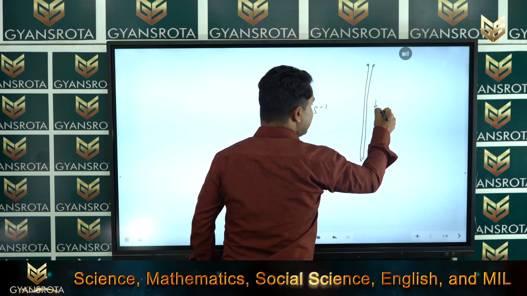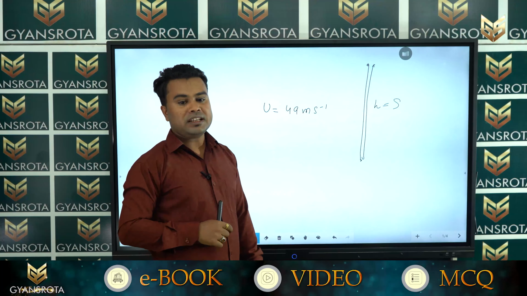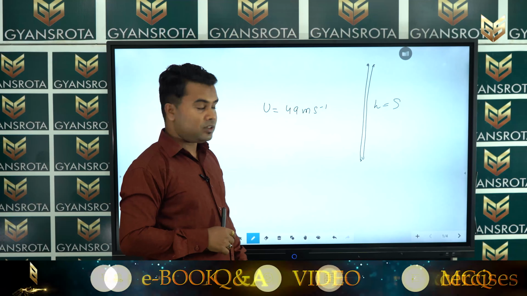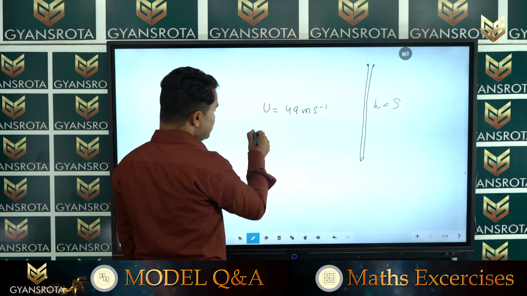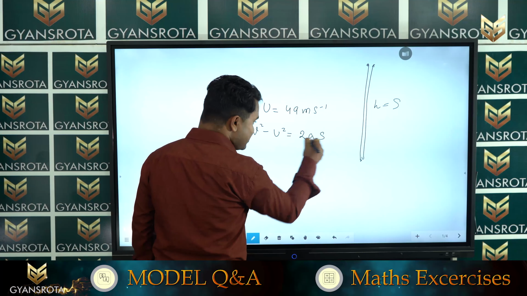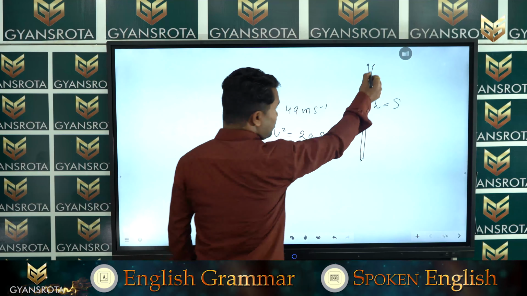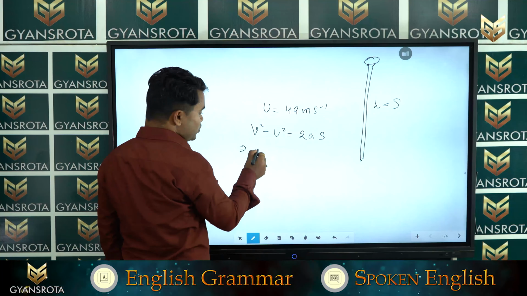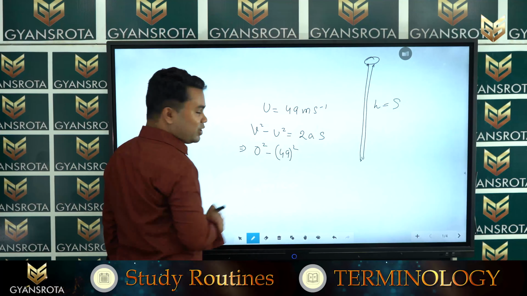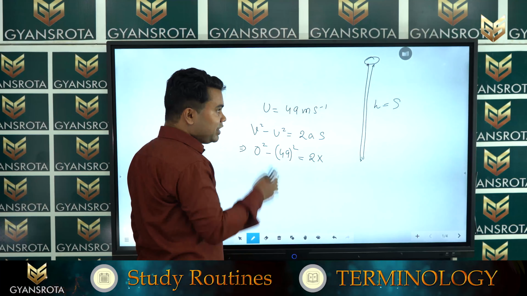That height you have to calculate, means you have to calculate the distance, and also it is saying the total time taken by it in order to return to the surface of the earth. So how do you do this one? So we will use the equation of motion v square minus u square is equals to 2as. V is again the final velocity as soon as the ball reaches here, is 0. So 0 square minus 49 square, 0 square is 0 only, is equals to 2 into acceleration due to gravity